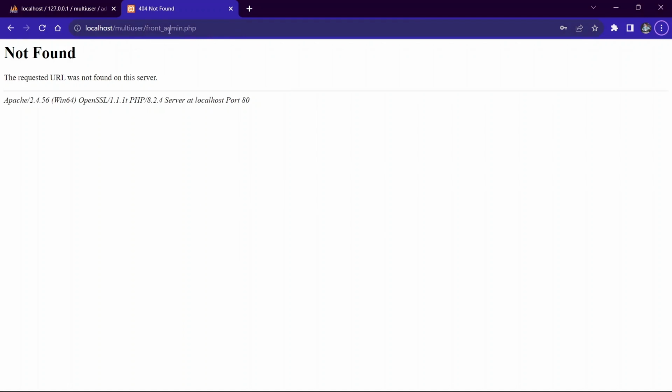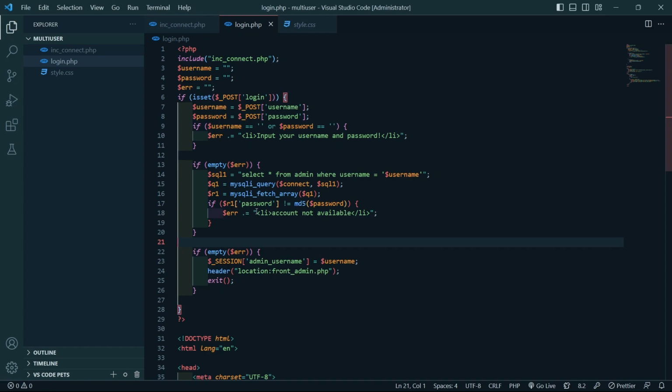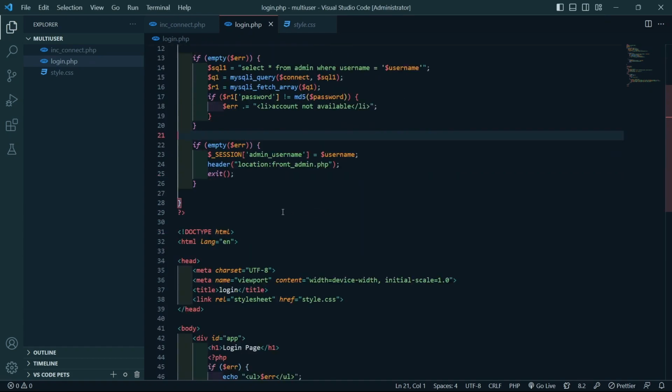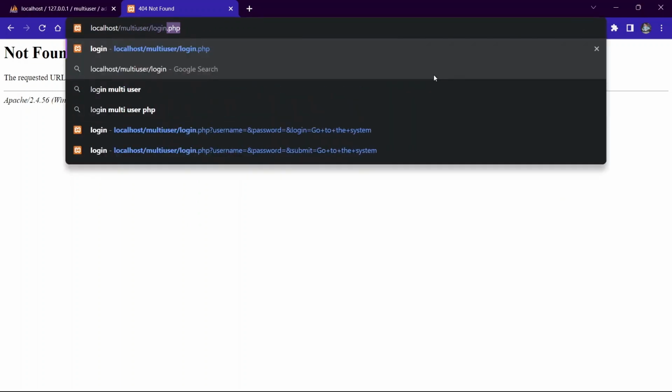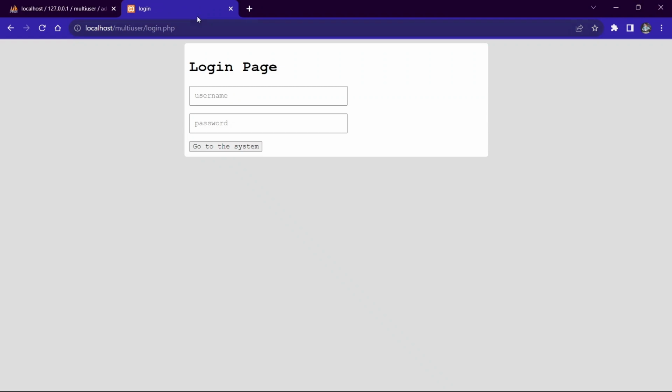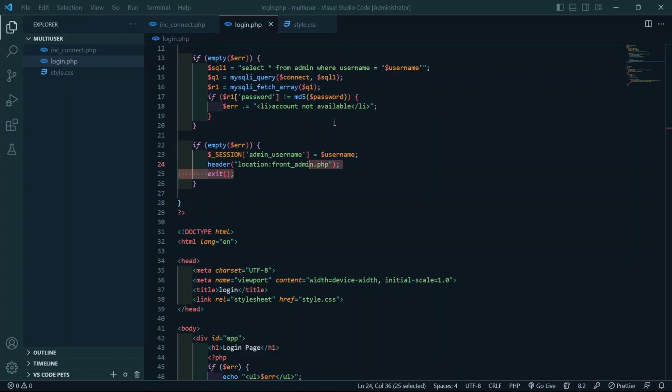So this page is from admin.php, which we inserted before. Here from admin.php. So if we force it, it will go back to the login.php. So this is not supposed to be. This is what is not supposed to be. Yeah, that's it. So what we're gonna do is